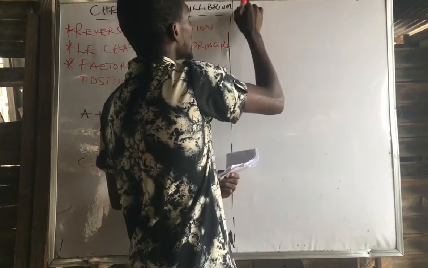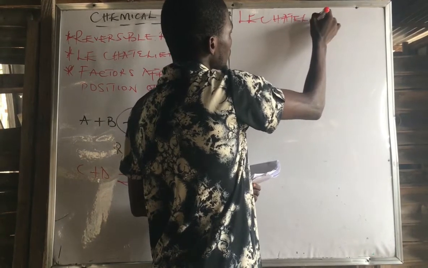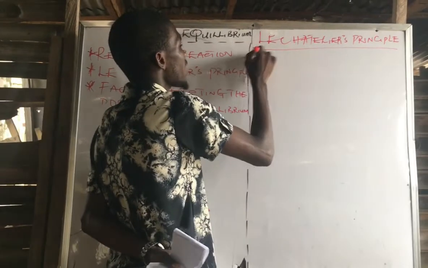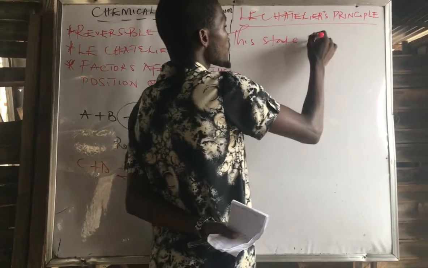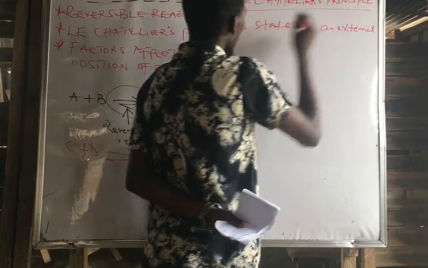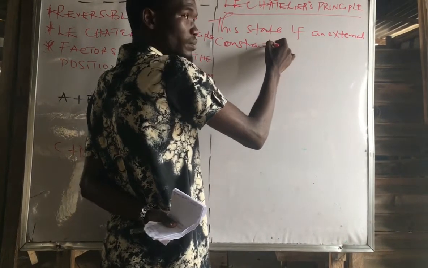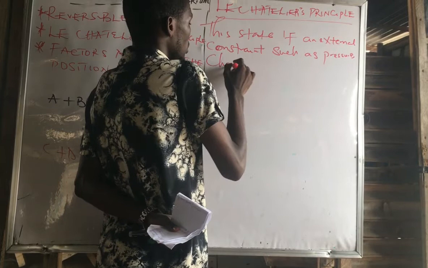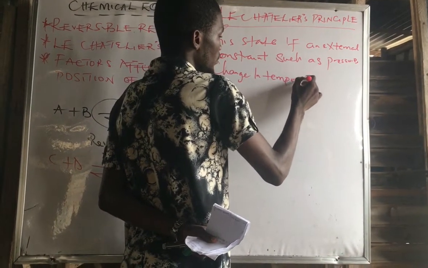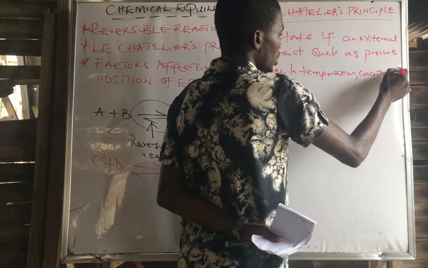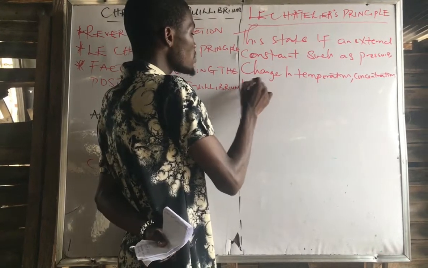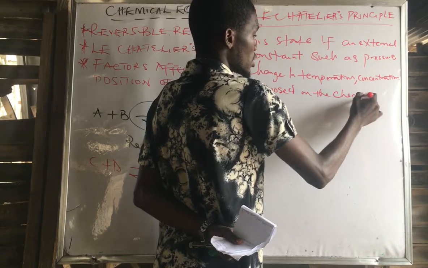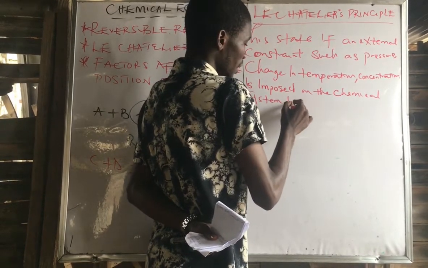Le Chatelier's Principle states that if an external constraint, such as pressure, change in temperature, or concentration, is imposed on a chemical system in equilibrium,